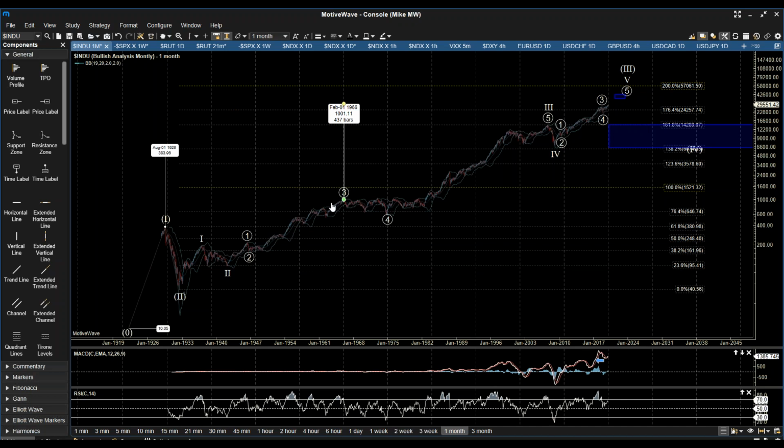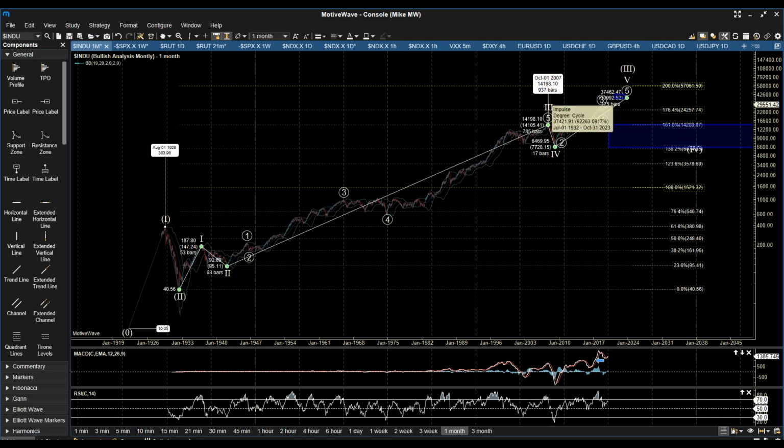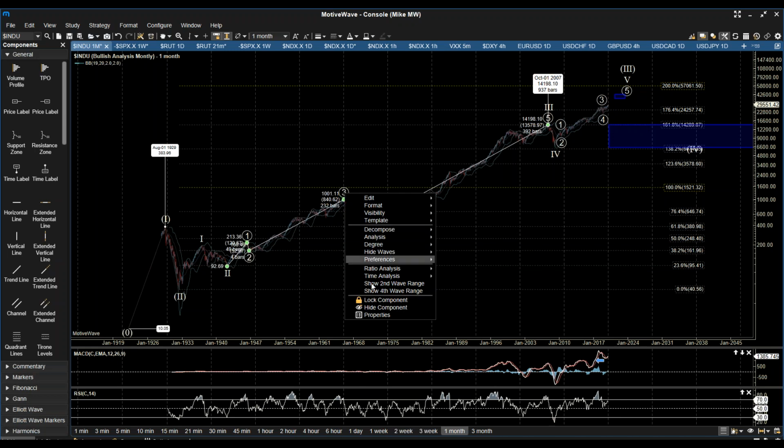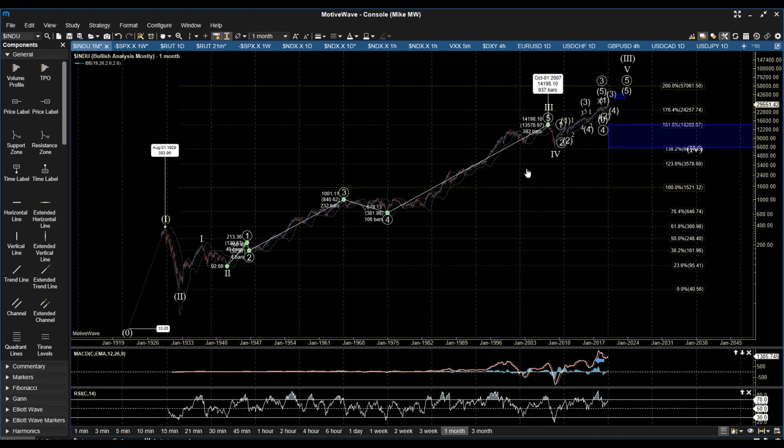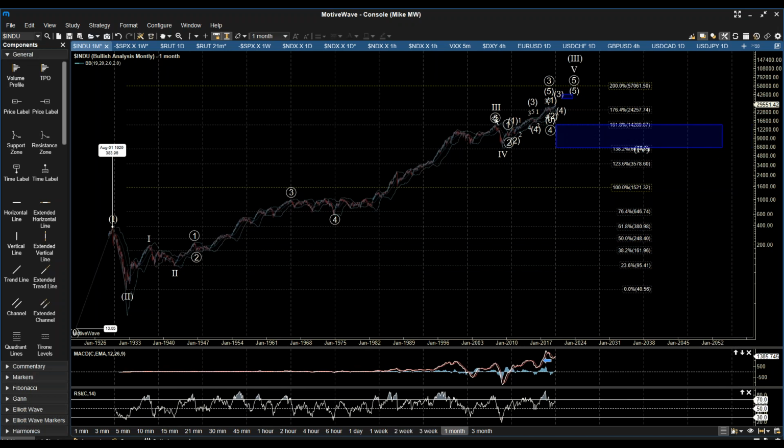We had a flat corrective pattern here for a wave 4 of our 3 that bottomed in 75, and then from 75 all the way up until 2007 was where we had the top of our wave 3 of our cycle wave 3. And the 2000 correction we can zoom in there a little bit more. So we're counting the 2000 correction as just a minor degree wave 4, and then followed by wave 5 for our top in 2007. The 2007 top then resulted in a large correction for wave 4,